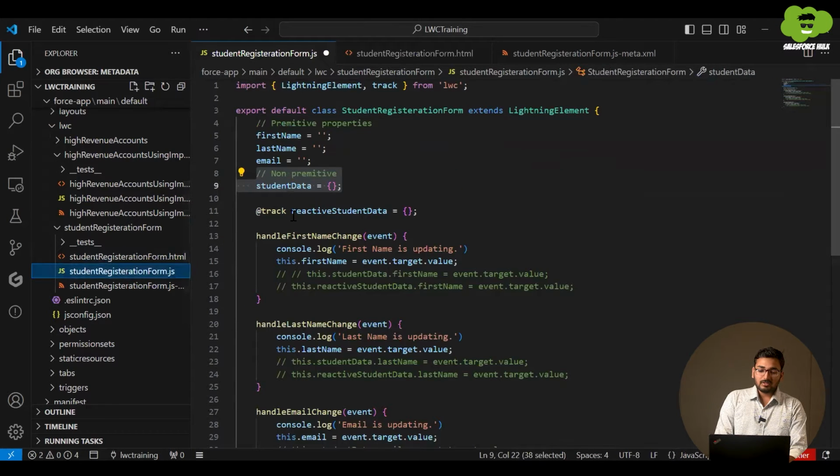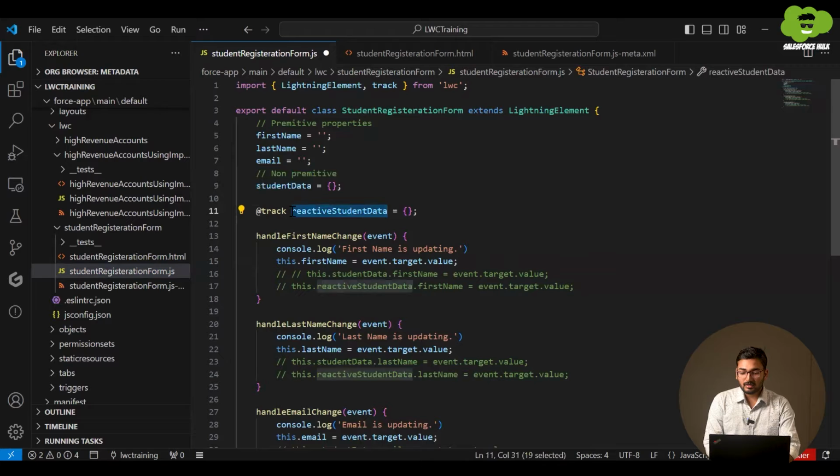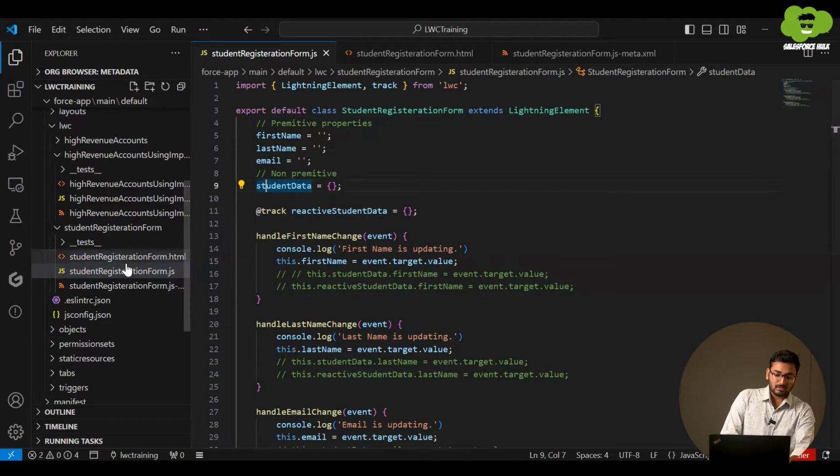In the JavaScript it's similar to the one above, but on this one I have used the track decorator. What difference it is going to create is what we are going to observe. So let's see.